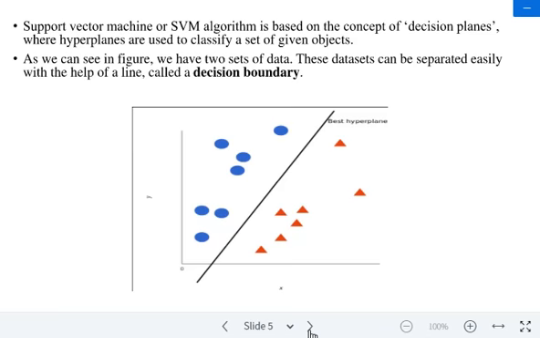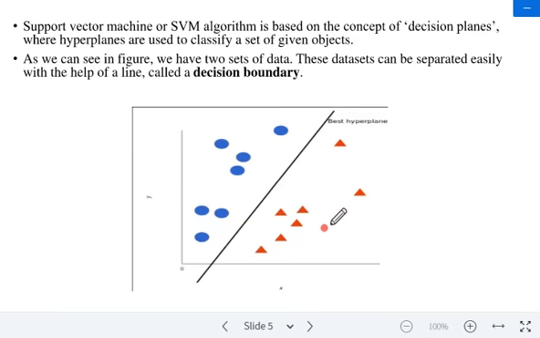Here a support vector machine takes these data points and outputs the hyperplane. The boundary line you are seeing, which we call the decision boundary, is the hyperplane, which in two dimensions is simply a line that best separates the classes.